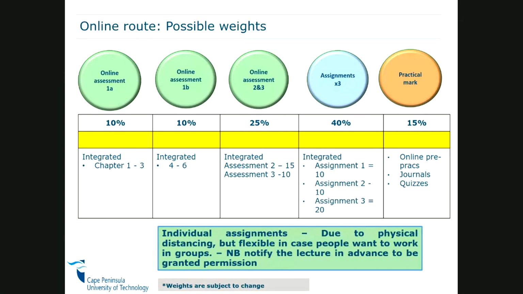Tumelo says, due dates, are they the same? We aim to have the due dates the same. However, as I've said, we are also flexible depending on how the country goes in terms of the restrictions. Now I think we're at level 3. If they lower the restrictions, some of the internet cafes can also be opened. So we'll also be flexible in terms of the due dates.